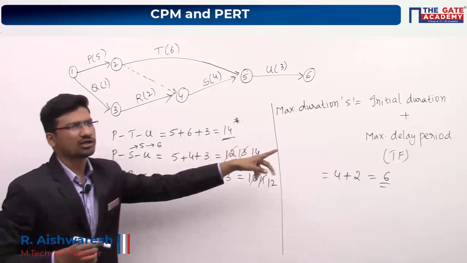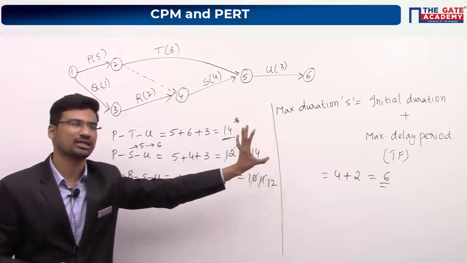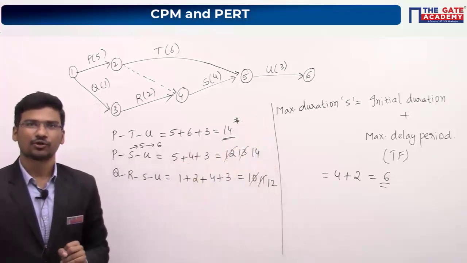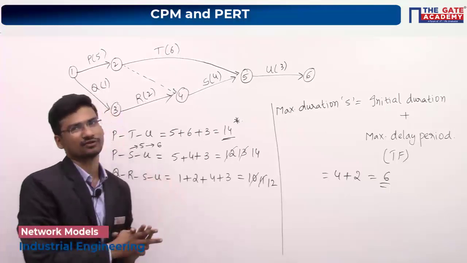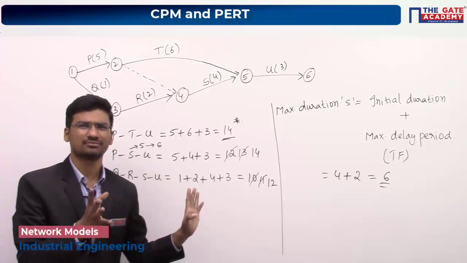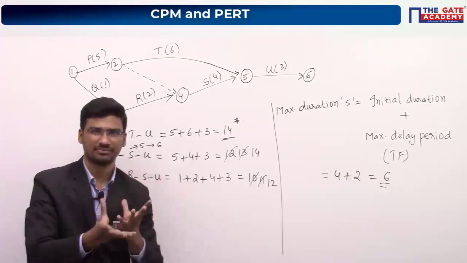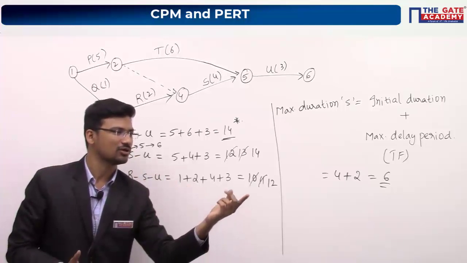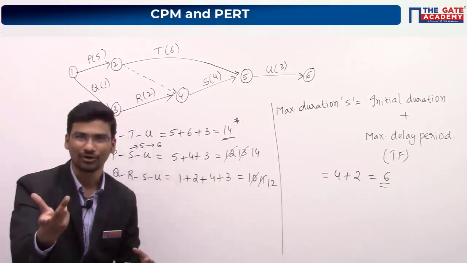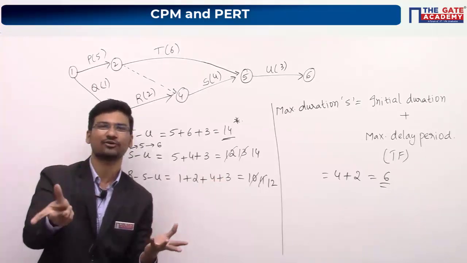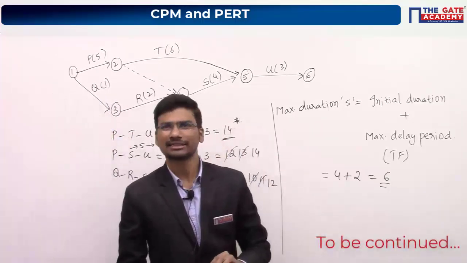If you calculate total float value, the calculations will increase. You can follow this approach, which is very simple. Maybe you have some doubts, so please ask if you have any doubts in this particular question. It is a simple question, but instead of directly asking you to use total float, they just gave a statement. Maximum delay without affecting the project completion time is itself the definition of total float. They used the definition of total float to frame this question. I hope it is clear.